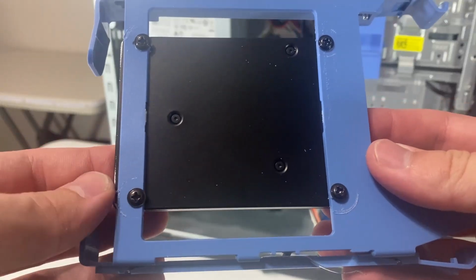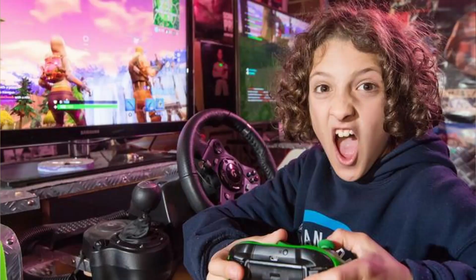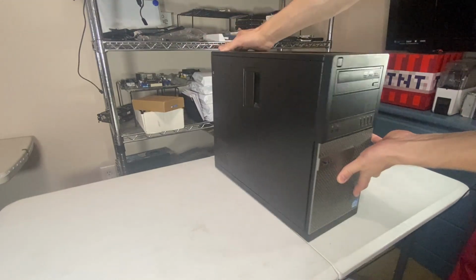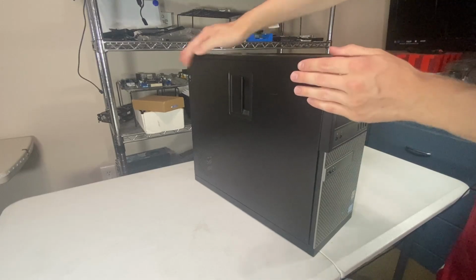256GB is also enough for a couple of games to fit on there. This computer will most likely be going to some kid who's just playing Fortnite and maybe a couple other light games, so 250GB will be enough. I do have a 1TB hard drive on hand, but we're out of budget, so